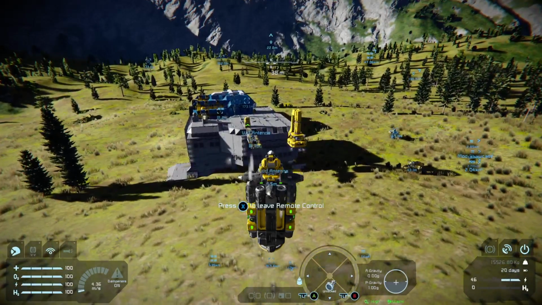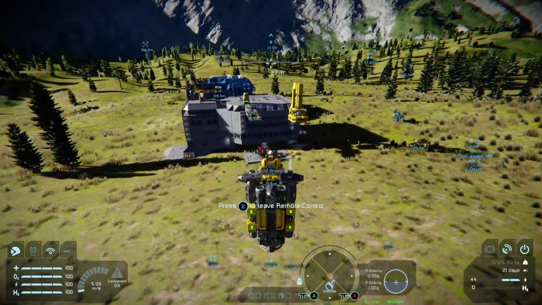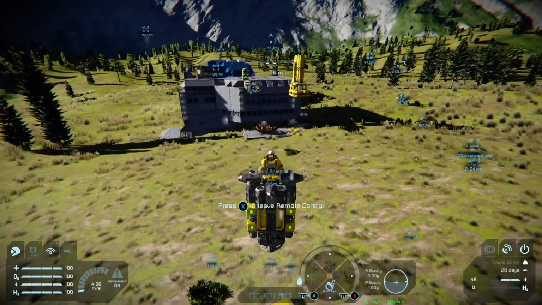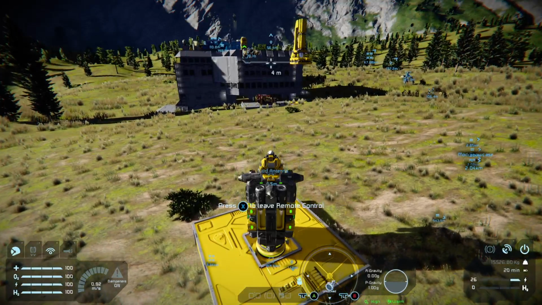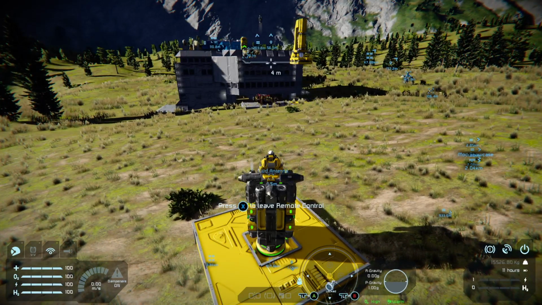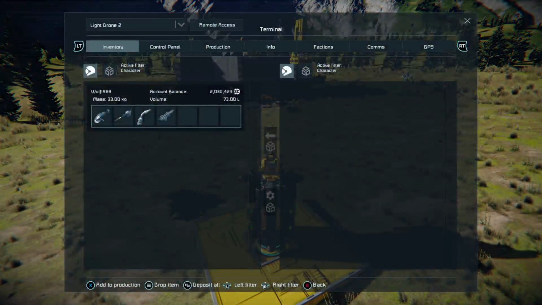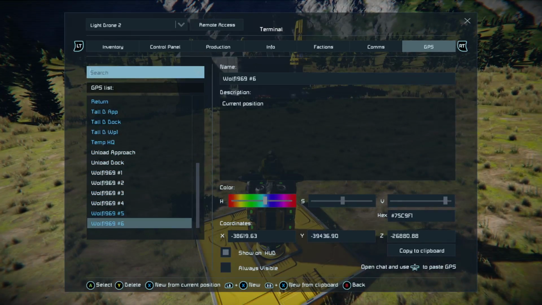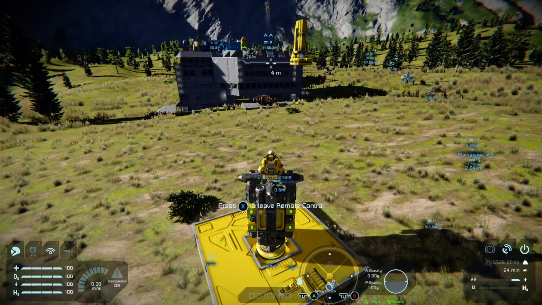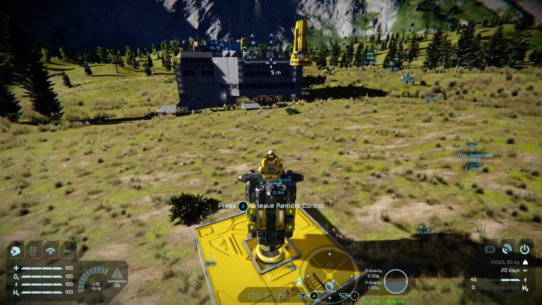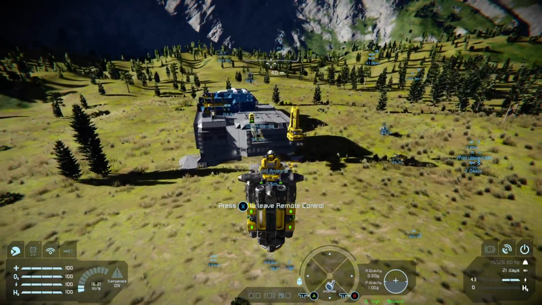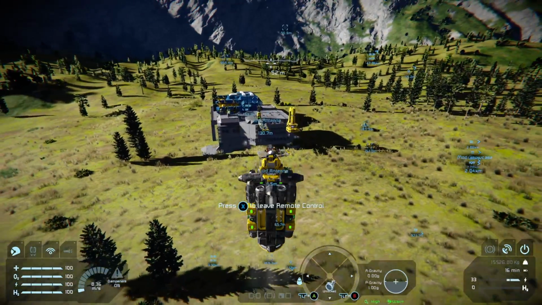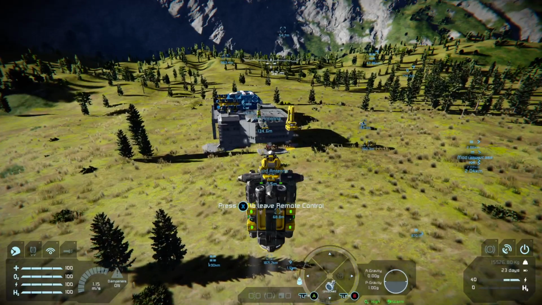You can put a series of waypoints in between if you want to do more actions, but honestly, for this demonstration, all we want is to come back onto our landing pad, settle down, drop our ready to lock, unlock it again so the drone is just above, go GPS, new from current position. Have we got it right? We should be able to take this drone off, pull it back, and wait here for a second as we stabilize.